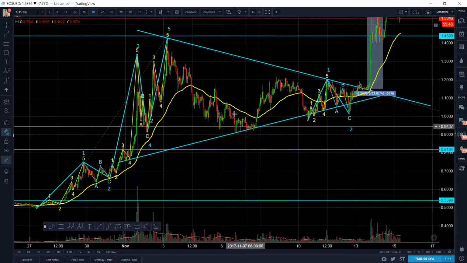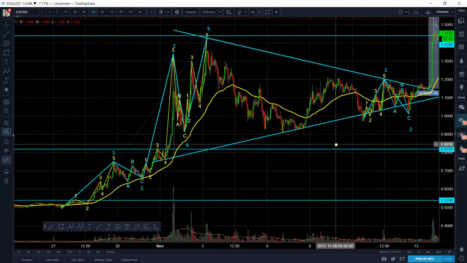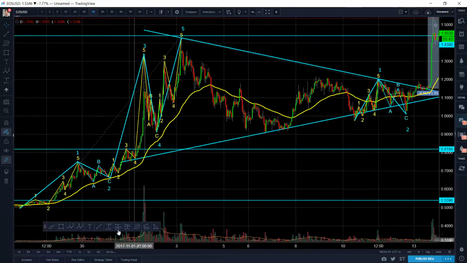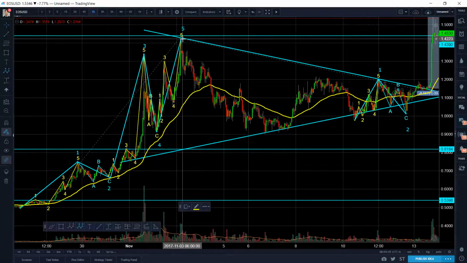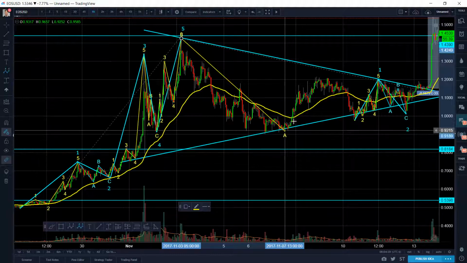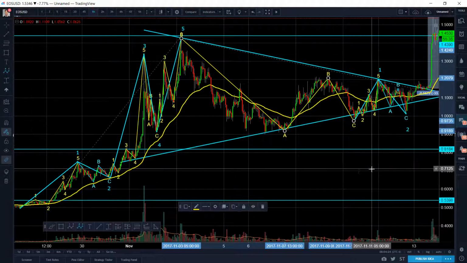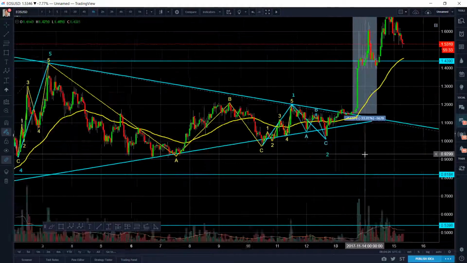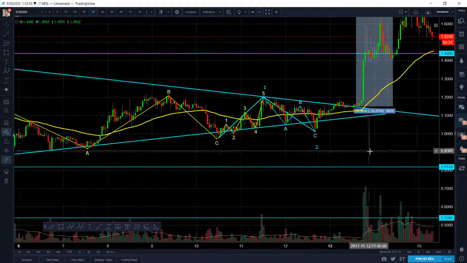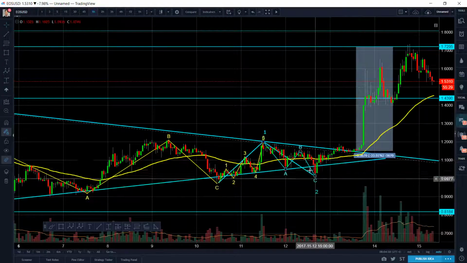And this is basically a huge ABC correction to me, or WXY, however you want to see it. We're just going to pretend this was an ABC like that, just for simplicity's sake, okay? Just for simplicity's sake, we'll call it just like that. And now, where are we here? That is the big question. So the way I see this right now